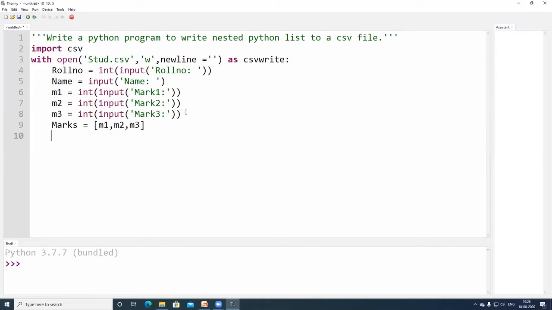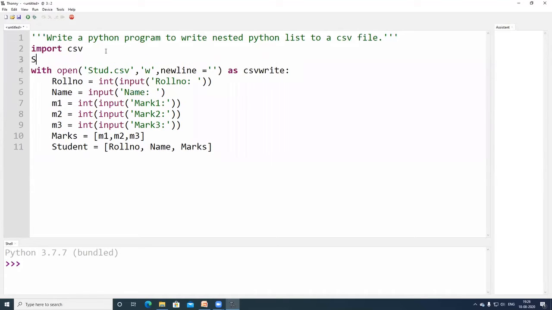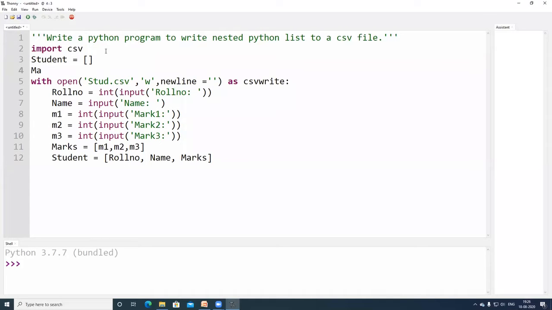Then I am going to have one more list, student. There I am going to store the roll number, name. Now marks is a list. I am storing this as a sub list or a nested list, a list within list. I am going to have 2 things. One is student, I am creating an empty list. Then marks is there, I am creating that one also.